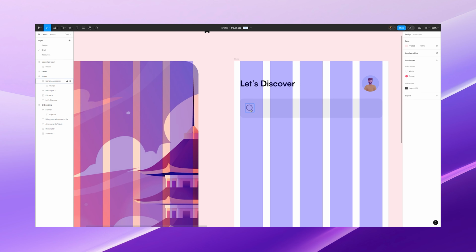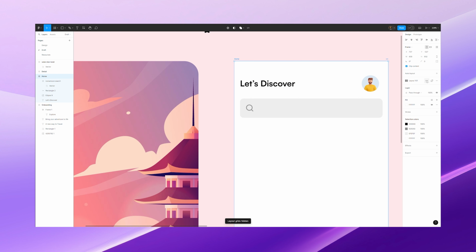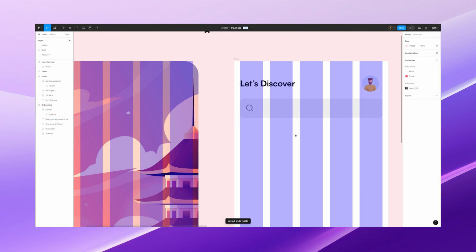It's actually not a bluish color, it's just because of the layout you see that it looks bluish, and the layout is not permanent. You can always remove that. Even if the layout is on, if you export it, the layout will not be visible. It's only visible to you. Okay, let's bring back. Search